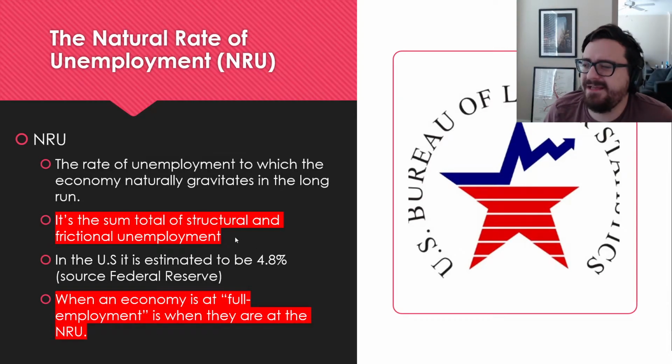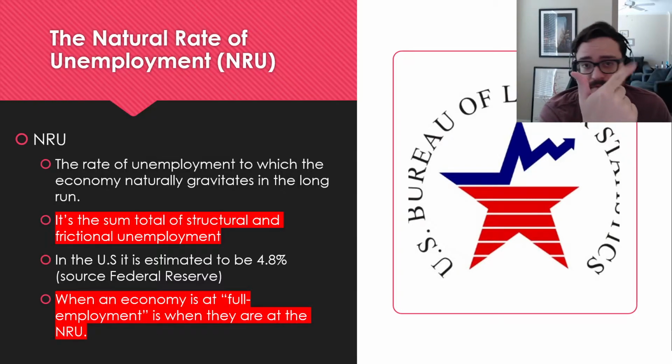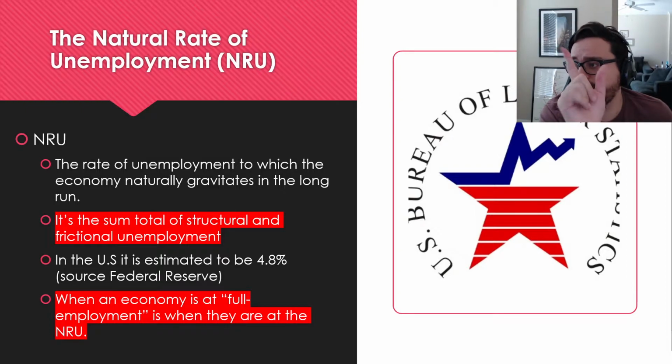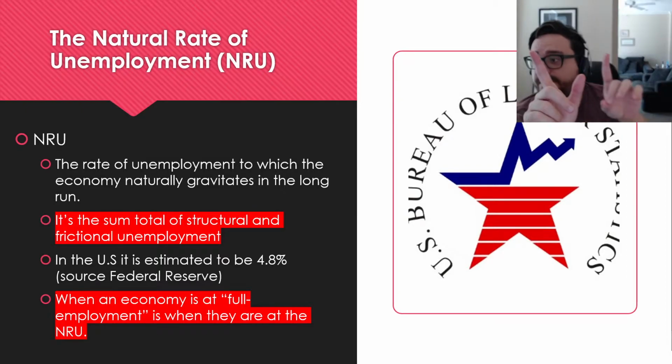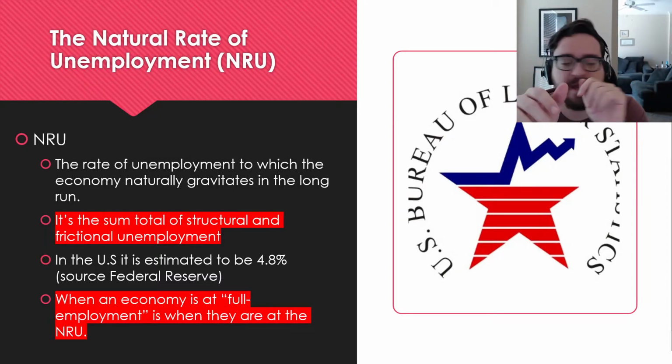And mathematically, there is a formula, but it's literally addition. It's the sum total of structural and frictional unemployment, because those are the two that you would like to have, right? You should have structural, and frictional should also exist, and ideally you want to have that. So those two added together gets you your natural rate. If you just have those two, then you don't have cyclical, so nothing too bad is happening. And seasonal doesn't really matter. No one really is concerned about that one. So if you have those two going on, your economy is doing pretty well.